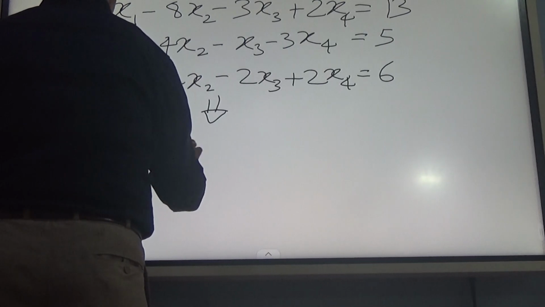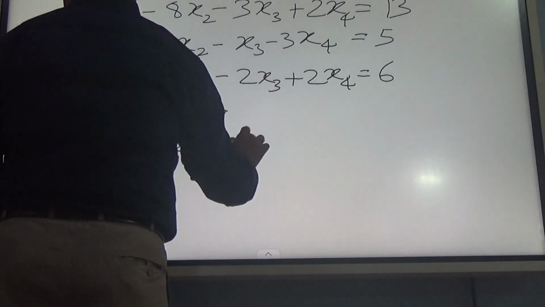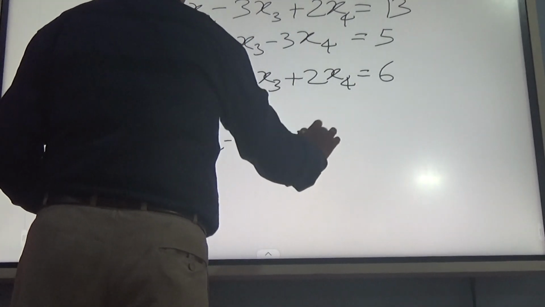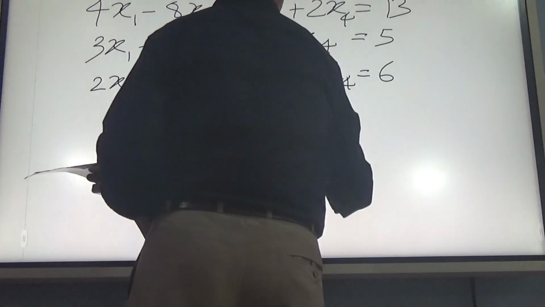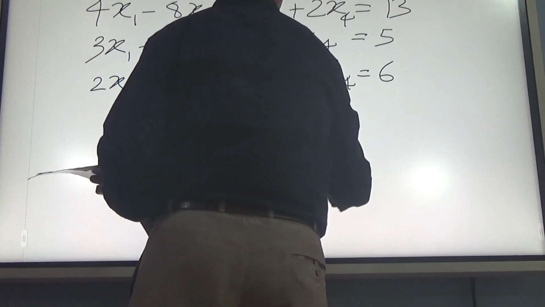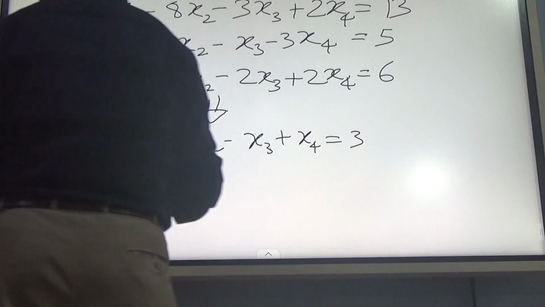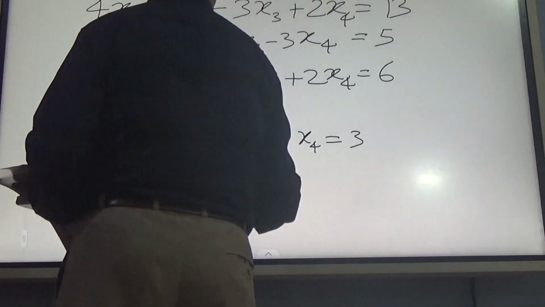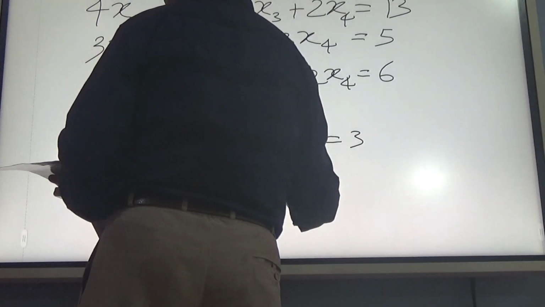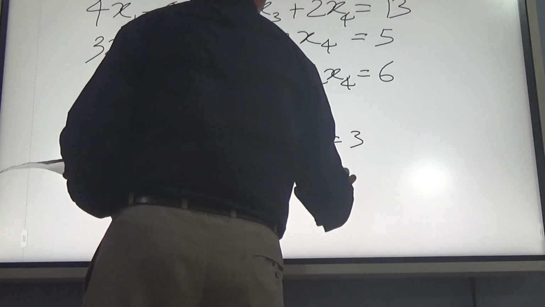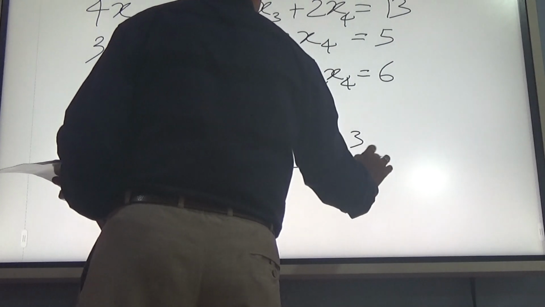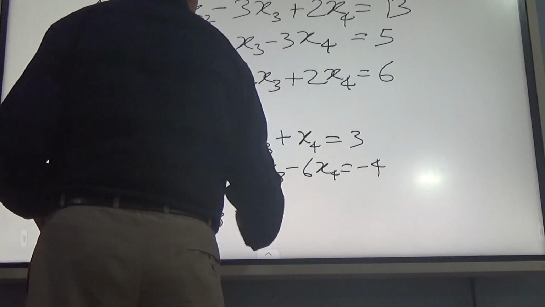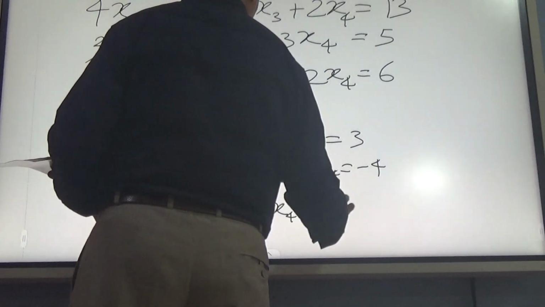x1 minus 2x2 minus x3 plus x4 equal to 3. 2x2 plus 2x3 minus 6x4 equal to minus 4. And x3 minus 2x4 equal to